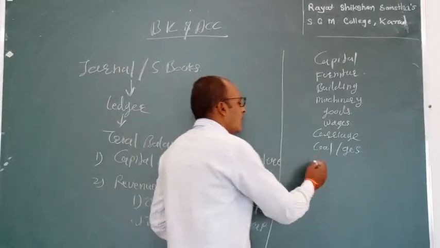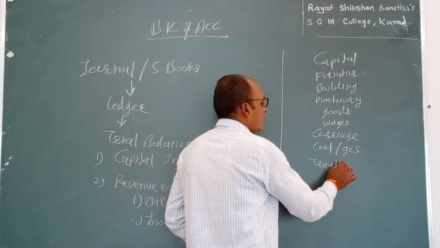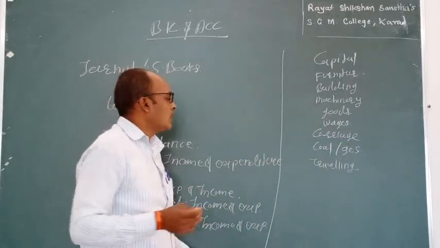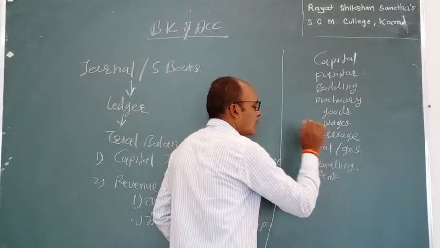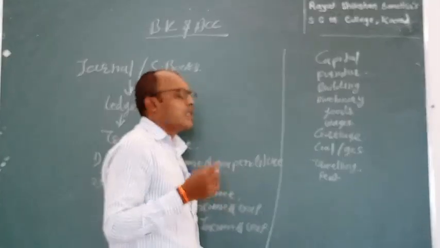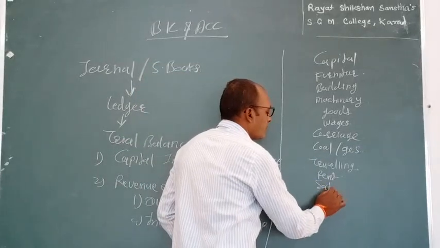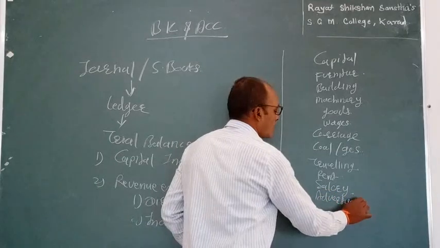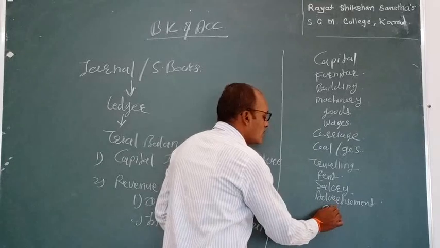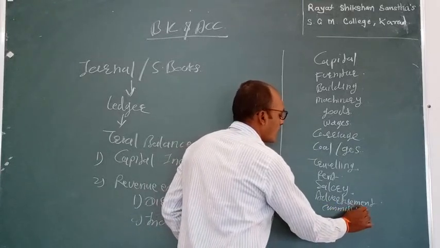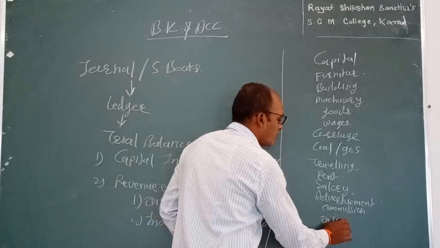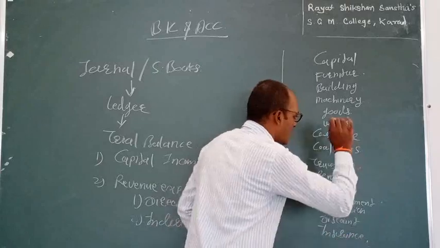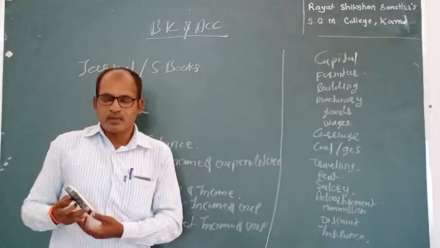For example, traveling, then we take an office for rent, then appointed staff are paid remuneration, salary, advertisement, commission, discount, insurance, etc. These expenditures are incurred